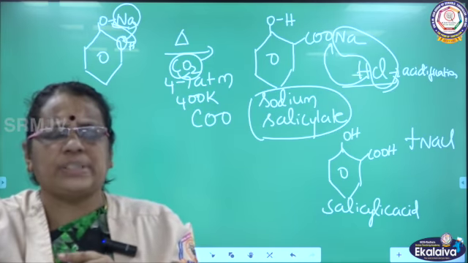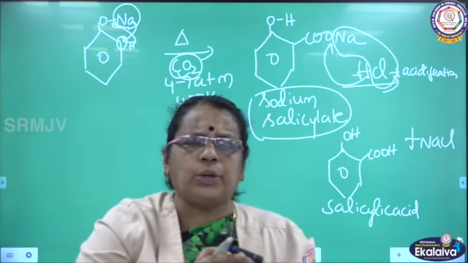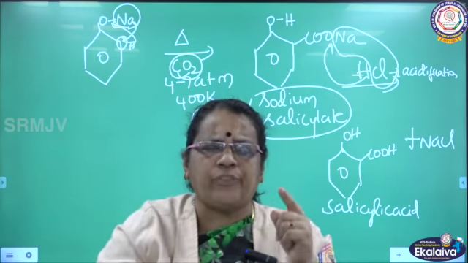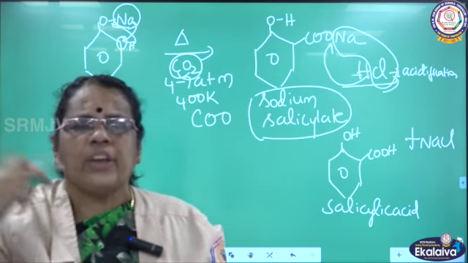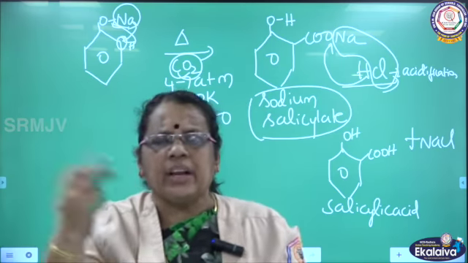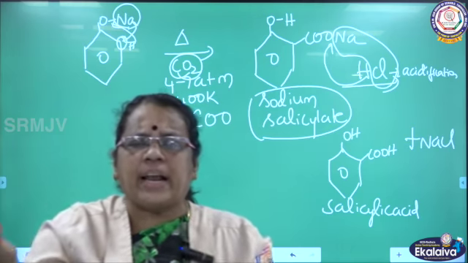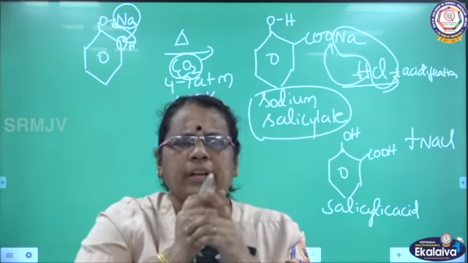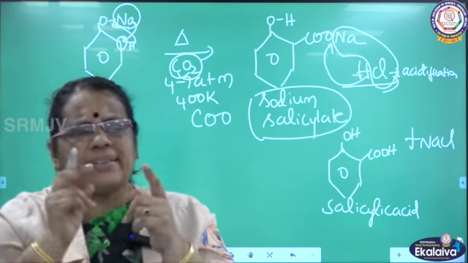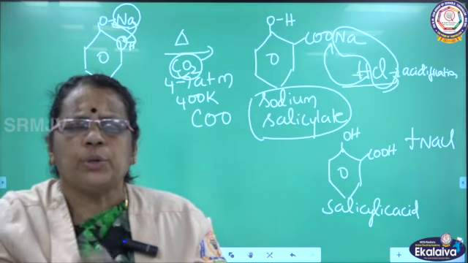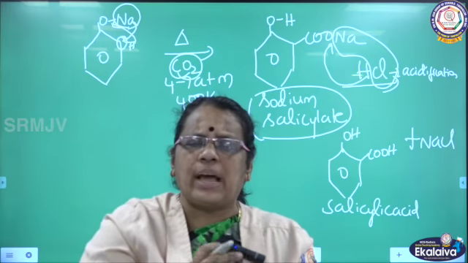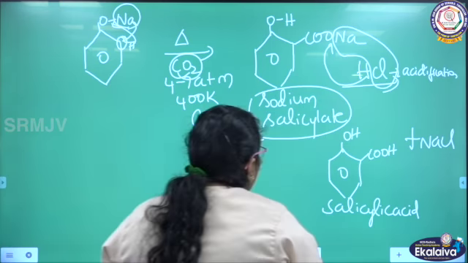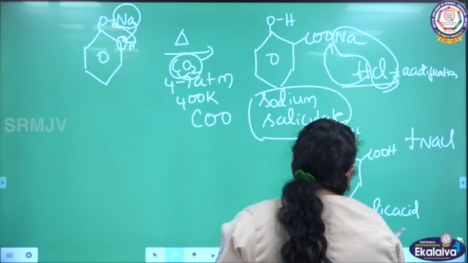Convert phenol into salicylic acid, phenol into 2,4,6-tribromophenol, phenol into orthobromophenol, parabromophenol, phenol into picric acid, phenol into orthonitrophenol, paranitrophenol, like this. So many conversions are asked. So I want everybody to practice these reactions minimum 3 to 4 times, so that you will have some clarity in the concept. Okay, we will see the other important reactions of phenol.